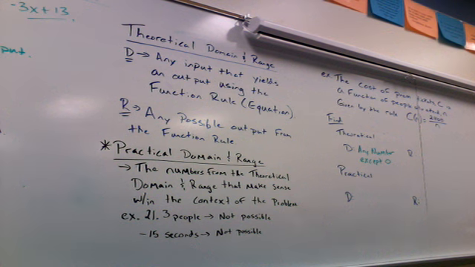And our theoretical range, what do you guys think? Any number except... any number except what? 0. Good. If I plug in a positive here, I'm going to get a positive answer, right? So positives are possible. If I plug in a negative here, we're going to get a negative answer, right? So negatives are possible. What if I plug in 0? Error. Is there any way I can make 24,000 divided by n equal 0? Is there any way? No. So our range is going to be any number except